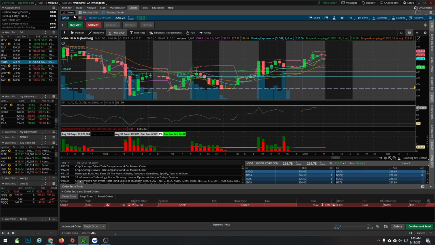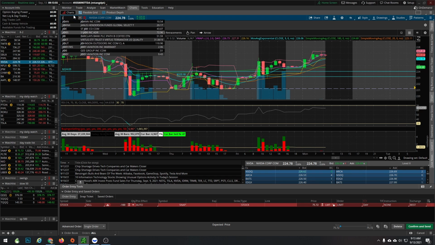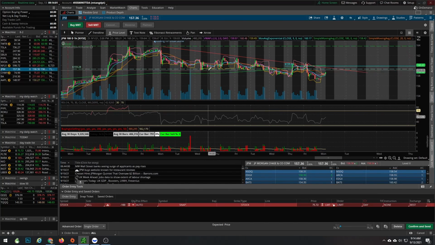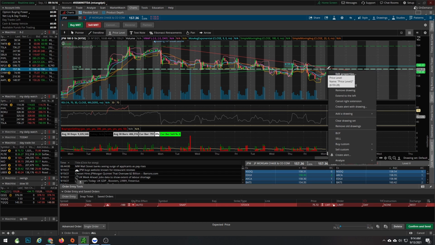We got JPM, which has been on a trajectory of going downtrend here. Normally I have this marked off at the 159.28 level. This is a level that's been holding for a long time. It broke below, went back above, broke below, and now is recovering back above. So I'm really just looking for a quick scalp up to this level here, and then maybe a continuation downwards.